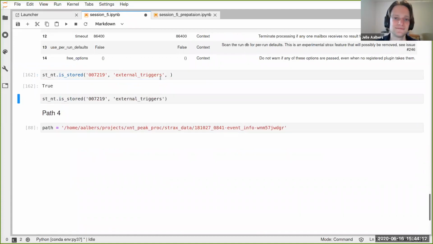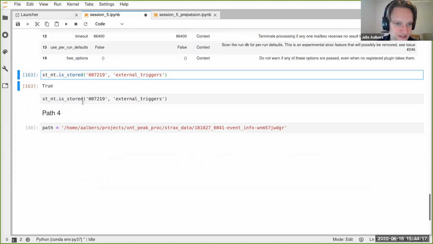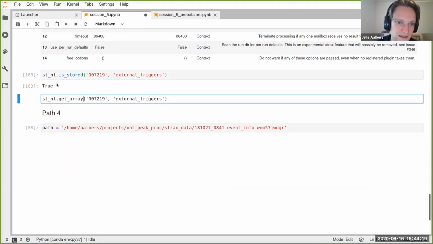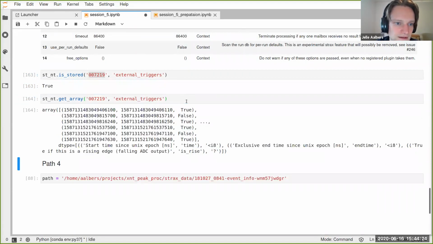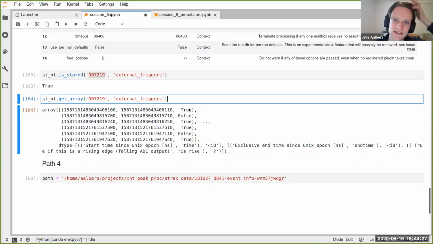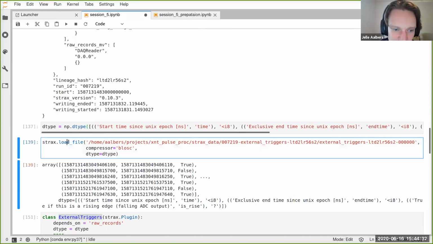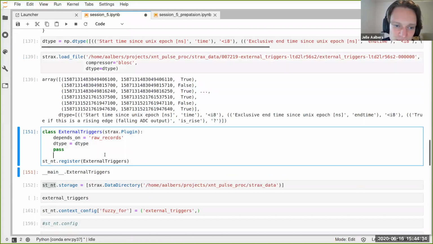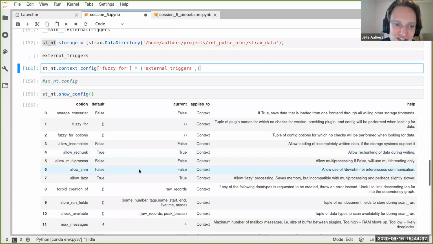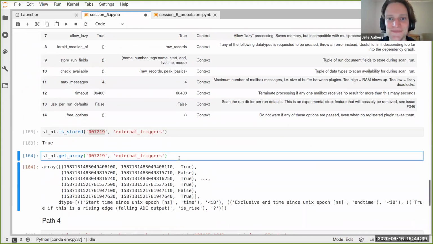Yeah, that was it. Okay, oh, very good, Joran. You were cleverer than the docs. So it looks like we solved it. Let's see if we can actually load it. Very good. Okay, so this is another way to do it. Rather than going into and messing with the data types and load file directly, you can create a fake plugin and mess with the fuzzy options and then get the array. So maybe this is slightly better, but it's still rather awkward, right? I think there's still a better way.